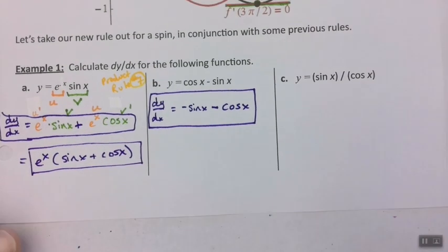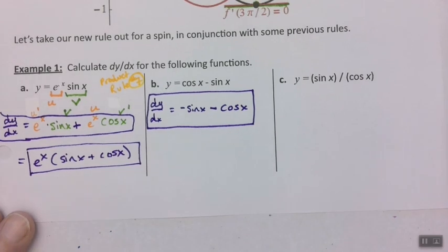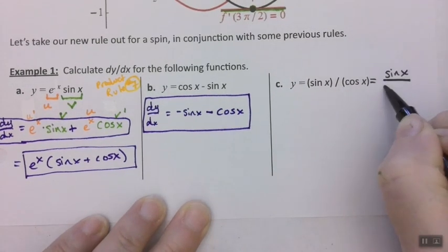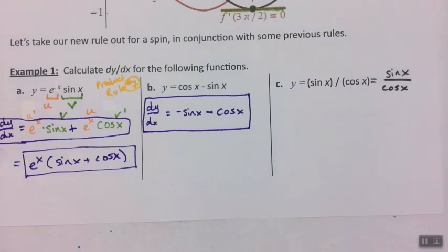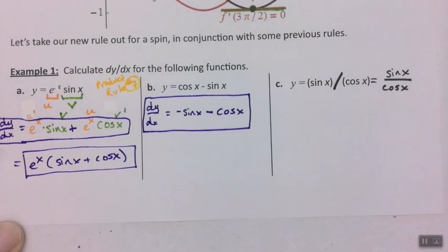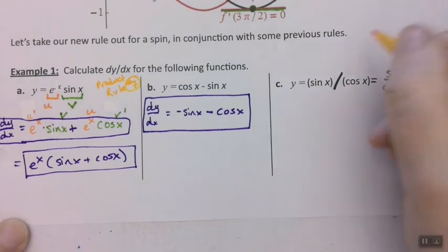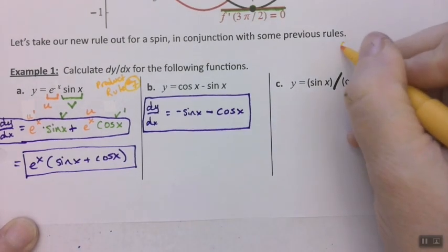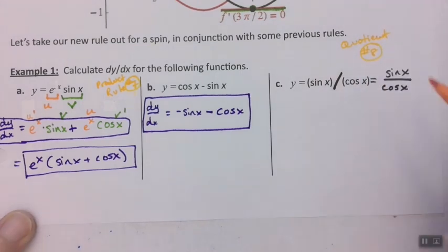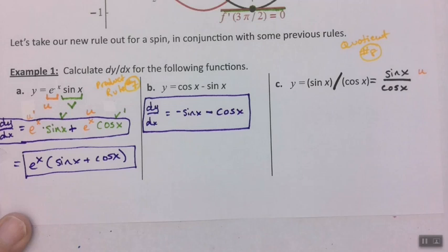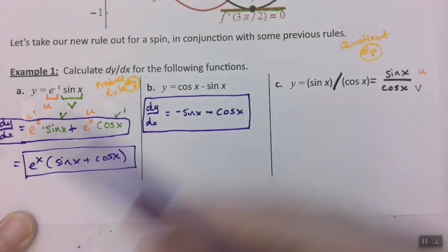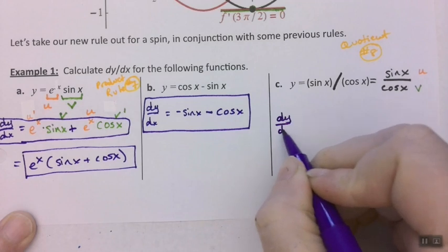Okay, now what about this over here for letter C? Well, let me just rewrite that. That's really sine of x divided by cosine of x. Right? This division bar right here is right there. So I'm going to need quotient rule. I'm going to need to use rule number 8, which is quotient. Okay, so the way quotient rule works is if I say that this is u and this is v, I'm going to take the derivative by taking the v, so dy over dx equals,